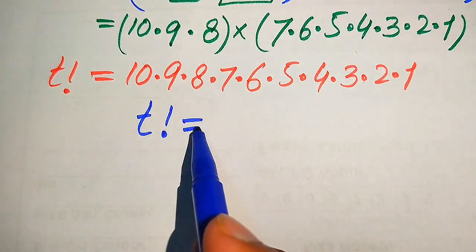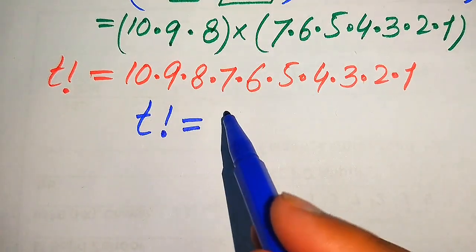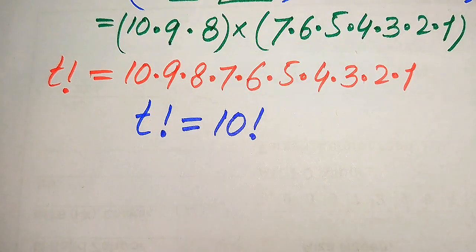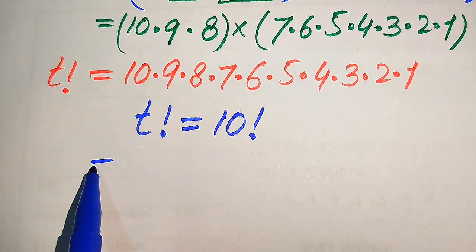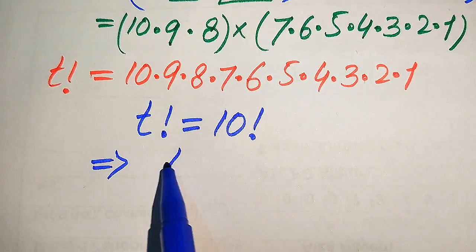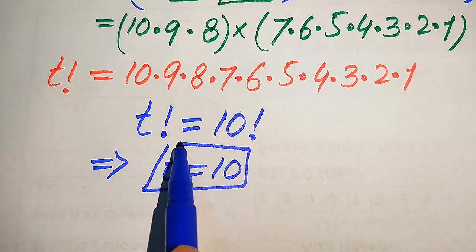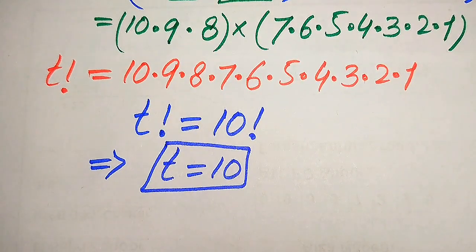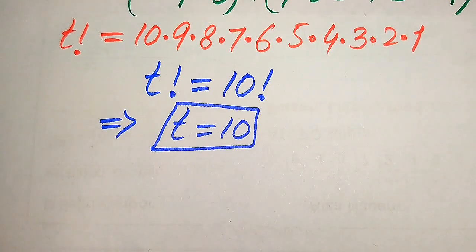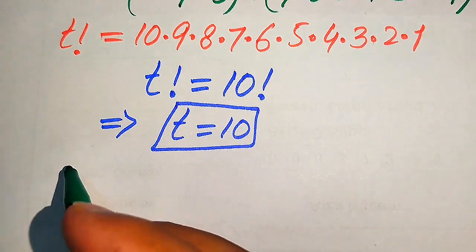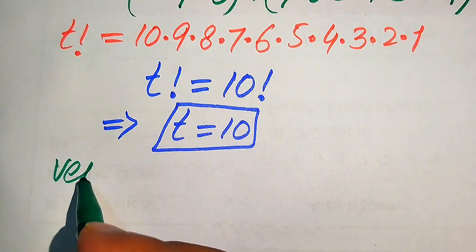So according to this, you see here we start this product with 10, so we write it as 10 factorial. So on the left hand side we have t factorial equals 10 factorial. When we compare both sides, we easily get the value of t equals 10. So this is our final root of the given equation. We get only one root, and now in the next steps we need to verify whether this root